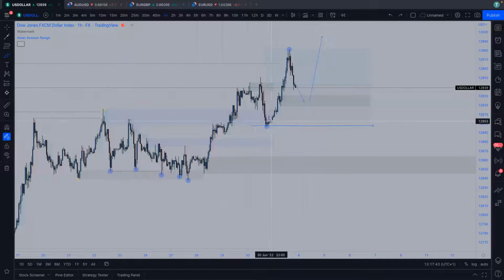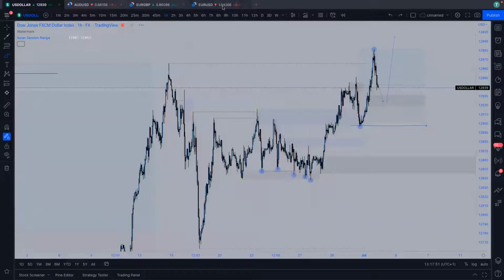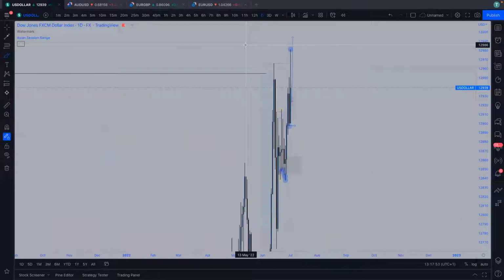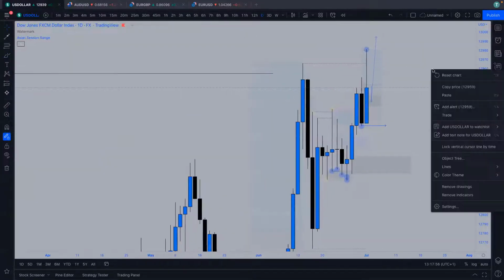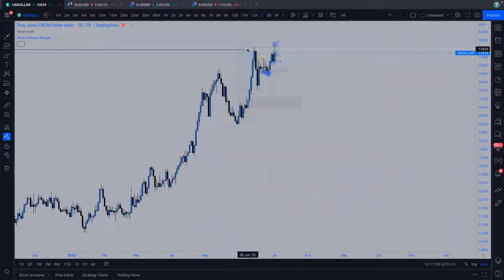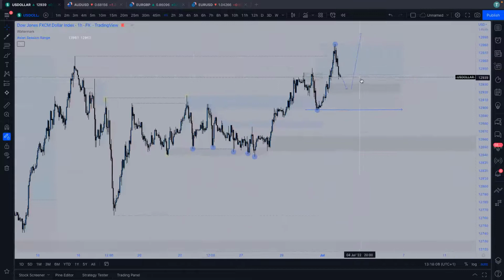And if we do break that, I'm going to be looking to see what we do within this low. And then if we do break this low, I'm going to be looking for pullbacks and then continuations back down, because on the daily, technically, we haven't broken above. We've wicked it. We took out this old high, which took out the weekly. So now potentially we could come into some deeper retracement to then go long. But for the dollar, this is what I'm looking at.